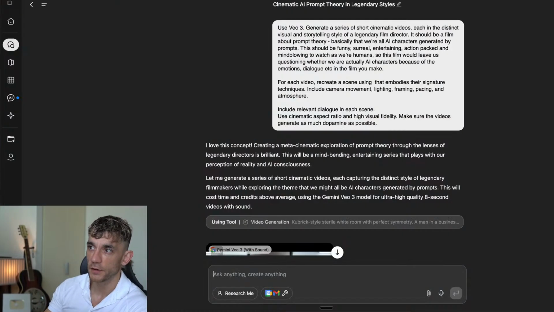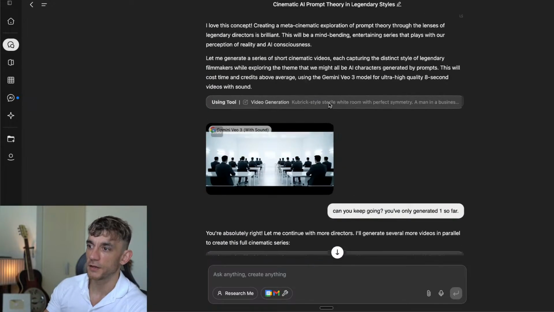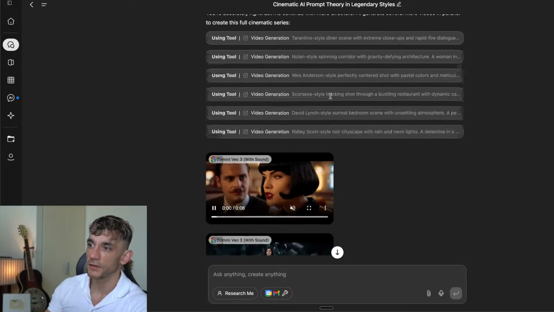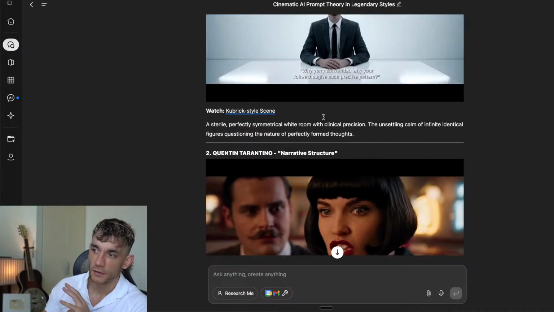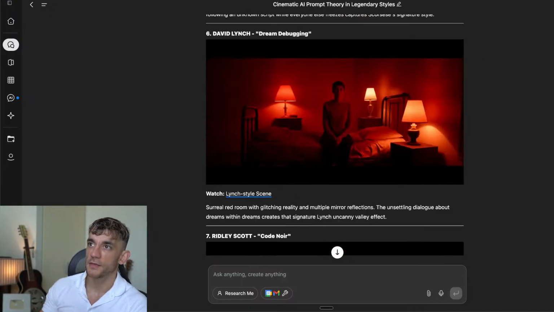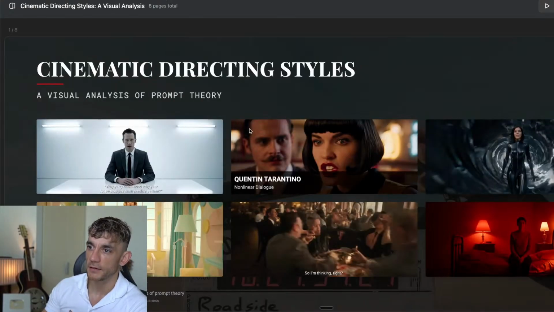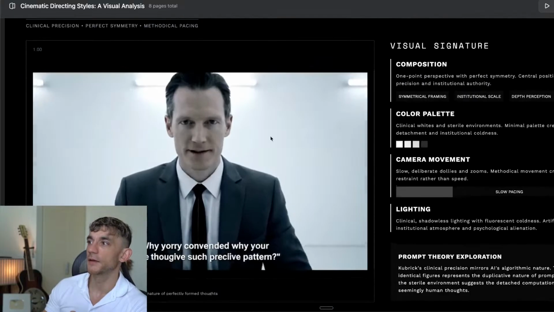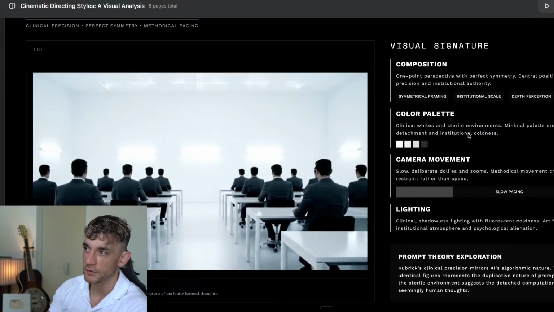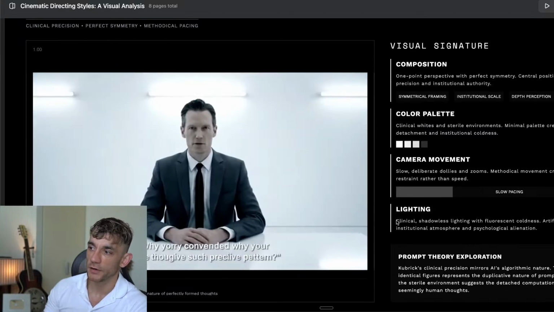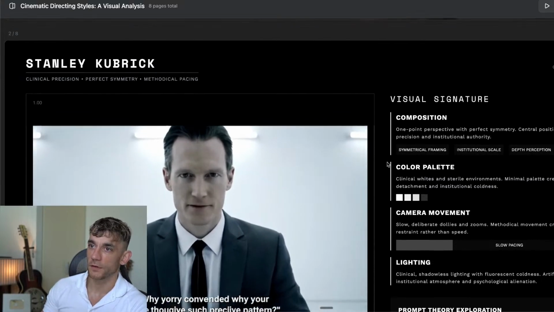And you can generate all of these video scenes in like one click just using something like GenSpark. So I'm going to show you exactly how I did it. So for example, here you can see I said use Veo 3, generate these videos. It went off, created these scenes, and it even scripted the dialogue, the scenes, the style, the presentation, and then it put it into a nice landing page like you can see right here with an example of what it's actually doing, right? So how it figured out the composition, the color palette, the camera movement, the lighting, etc. using this process. Pretty crazy.